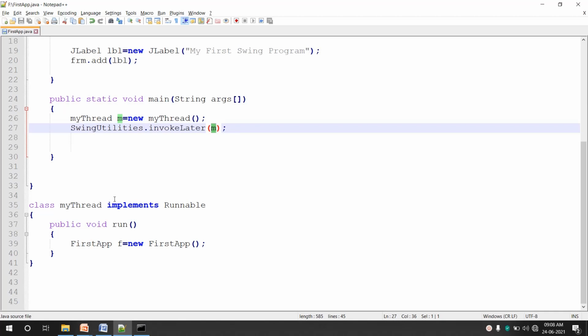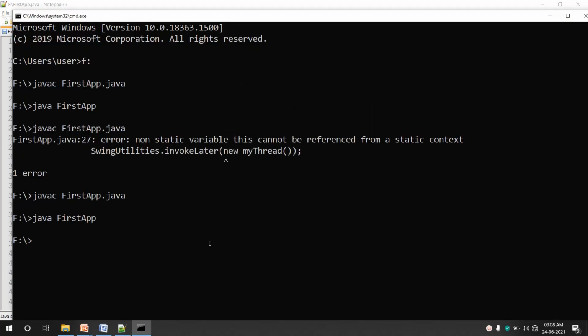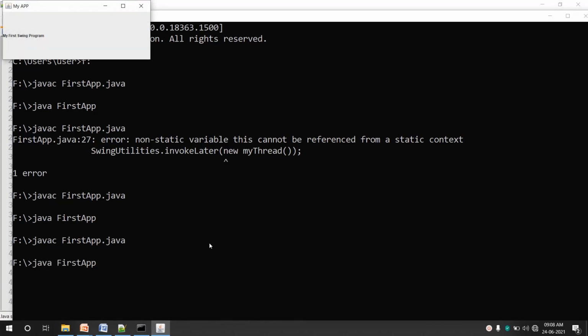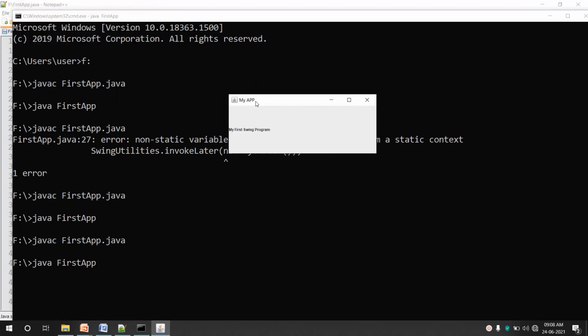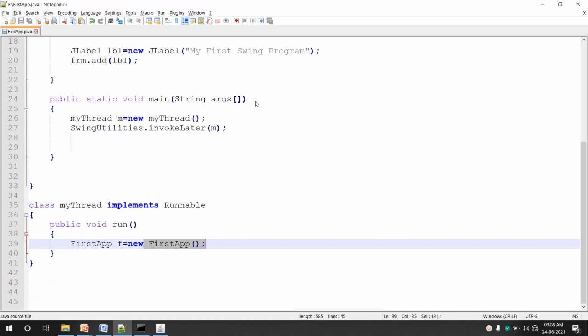This thread object m is simply creating our GUI by calling FirstApp. So again the GUI is created on the event dispatching thread. Okay, let me compile and show you. Compiled successfully, and you can see your GUI. So it is the same thing.